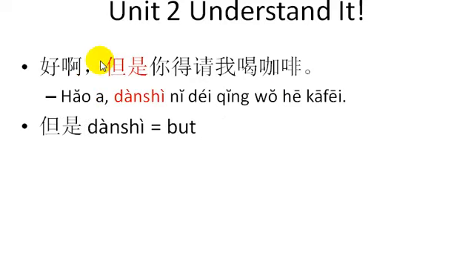But it appears that Wang Peng has some conditions, which is in this last part right here, where he starts off saying 但是. 但是 means but. 但是你得请我喝咖啡. 你得请我喝咖啡. Now, we still need to cover this 得, but you should be able to pull apart what's happening here, right? 但是你得请我喝咖啡. Right, so you know this last part here. So what do you think this 得 means?